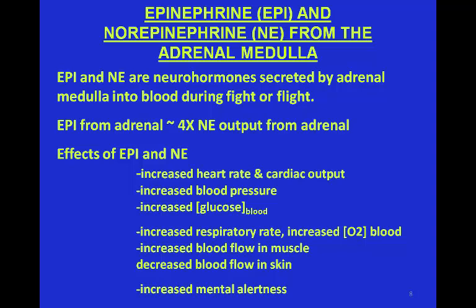And so luckily that glucose is available because of the effects of epinephrine and norepinephrine. Then the muscle cells are going to need extra oxygen. The brain cells will as well. And so this is accomplished by increasing the respiratory rate of the individual. The muscle is going to need the oxygen and the glucose. Like I said, the way the muscle gets it is through the bloodstream. So the blood flow to the muscle is going to increase.